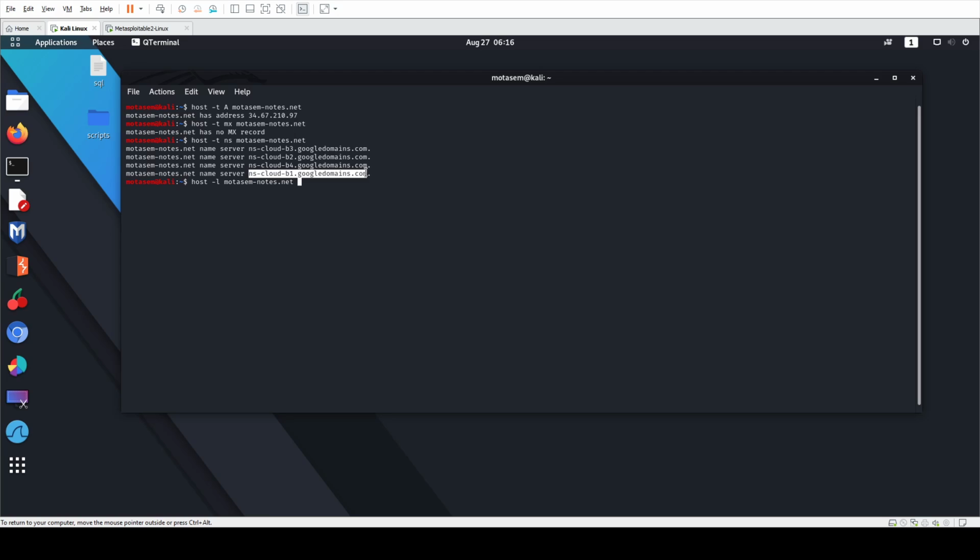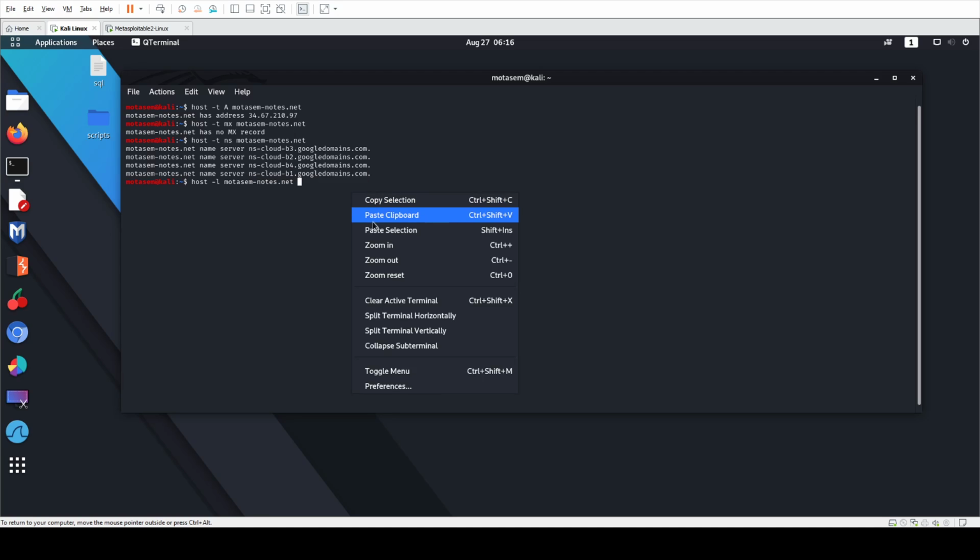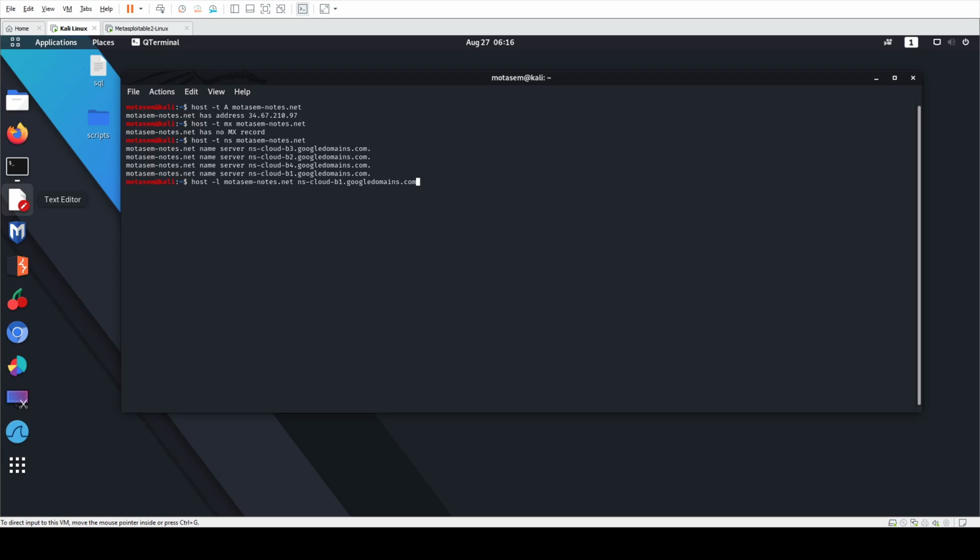Let's say this one. Okay, so now what I am doing is attempting something called a zone transfer, where I will display all the DNS records of this domain, and then I can conclude what I need to plan next. So basically, if I hit enter,